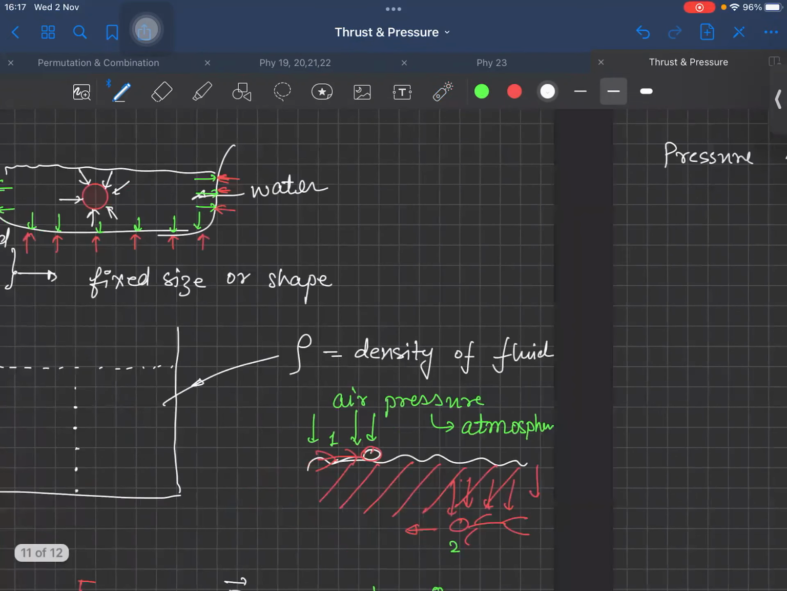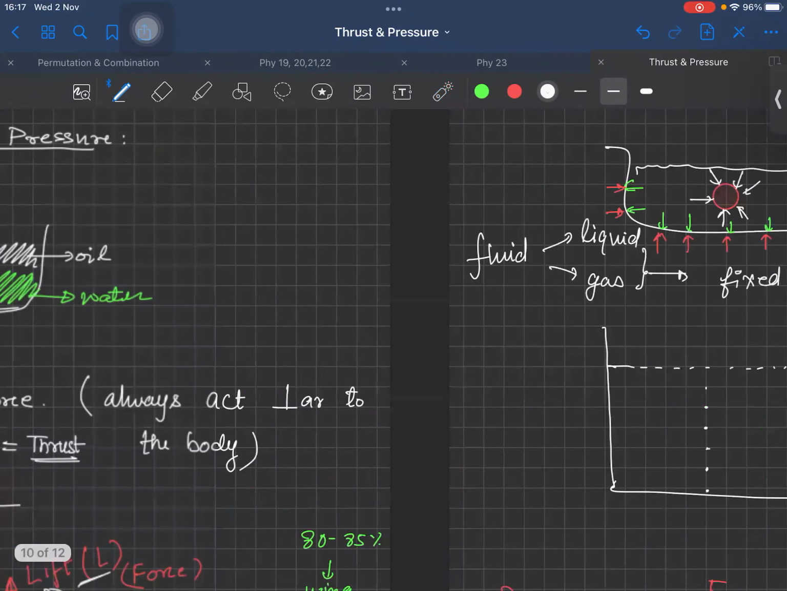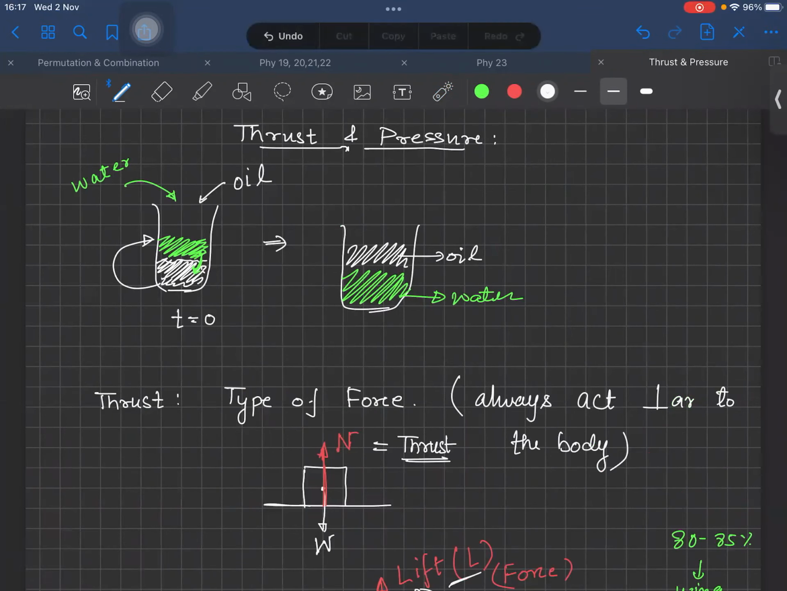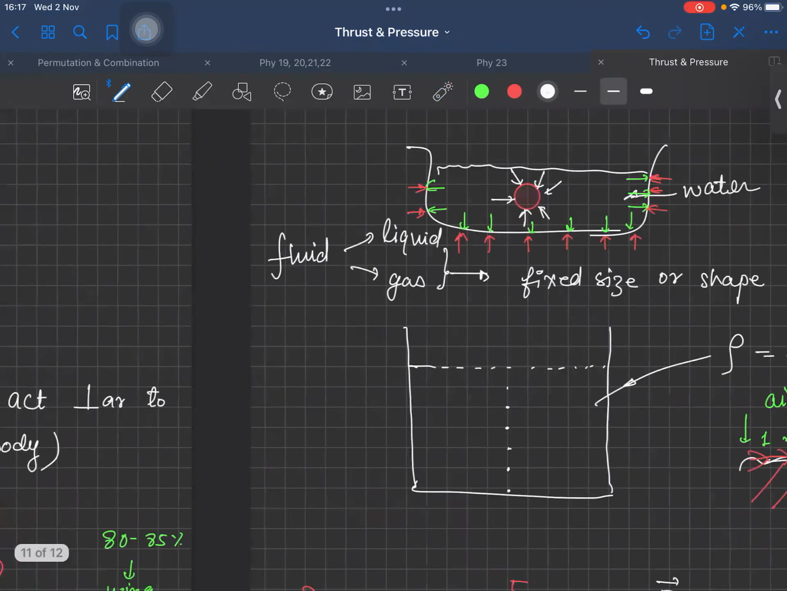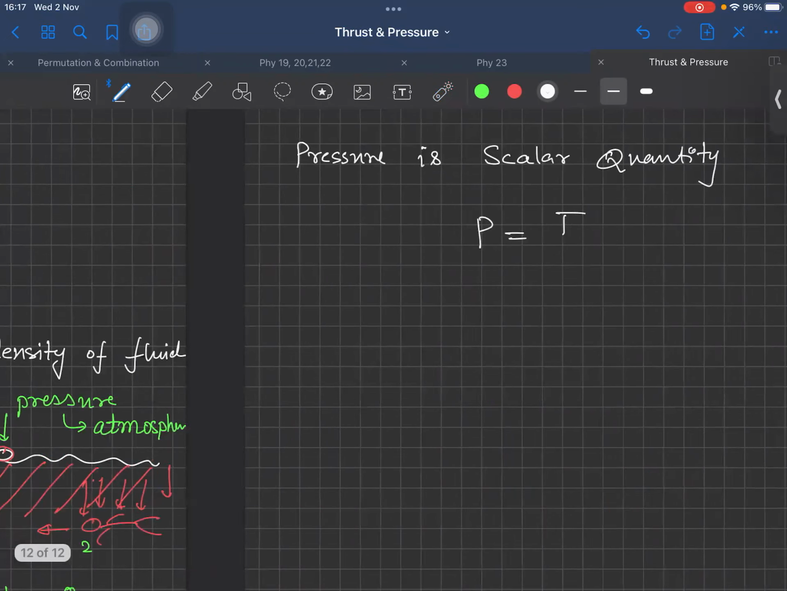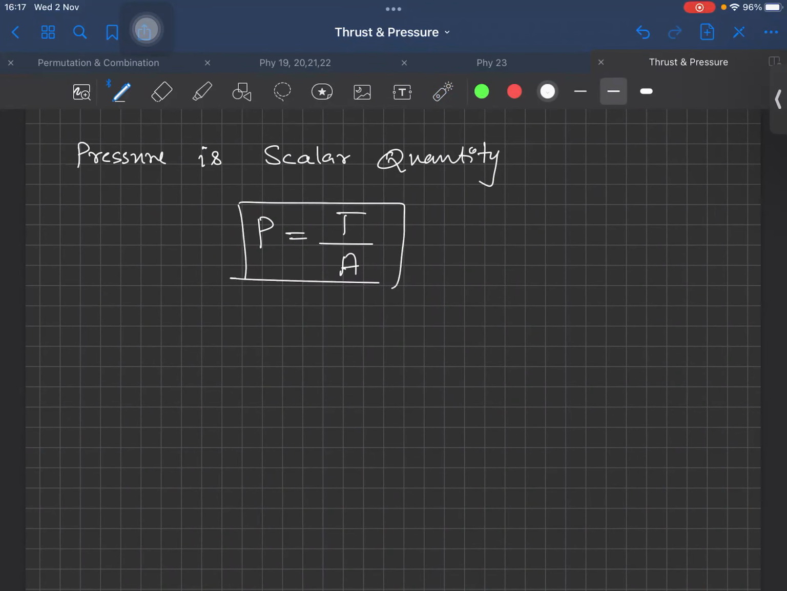You can use the symbol T for thrust. Okay, T upon A. That's how we calculate pressure. Thrust upon area. Force upon area, because thrust is also a type of force. Okay. So before we move further, let's